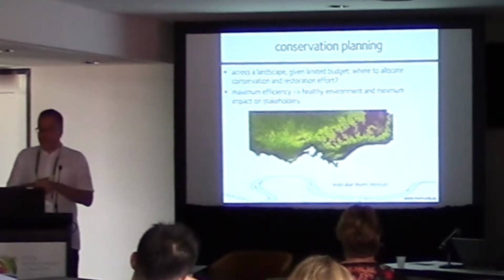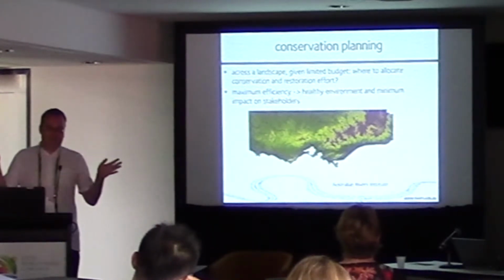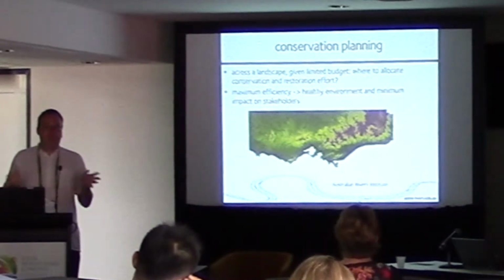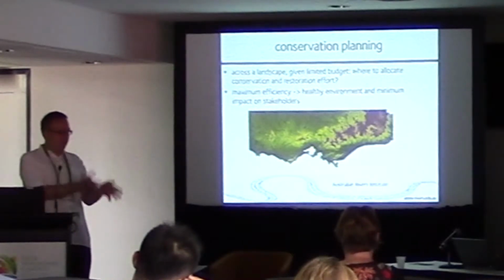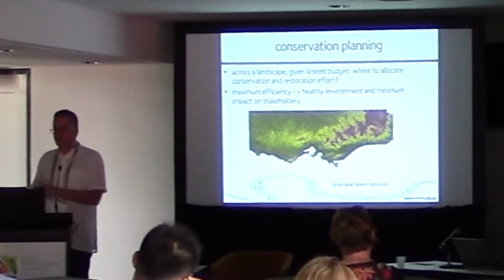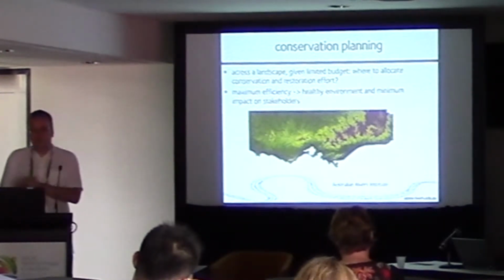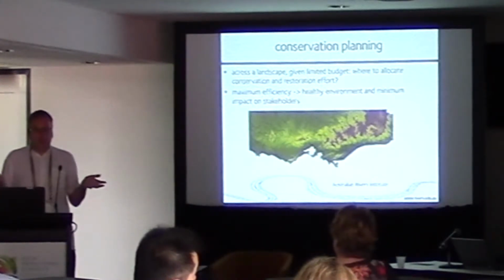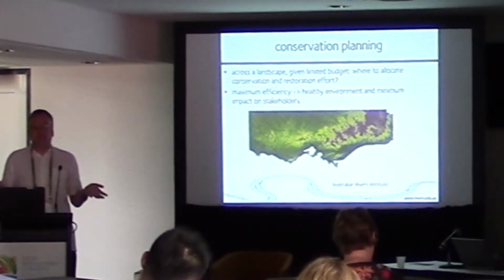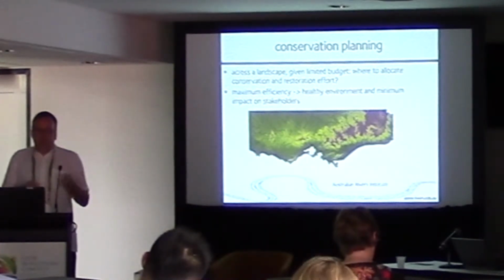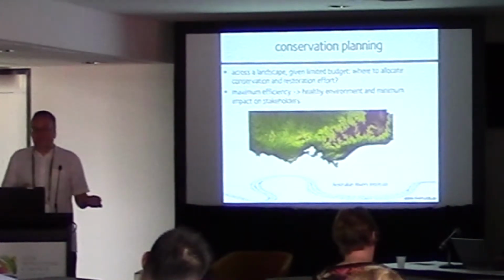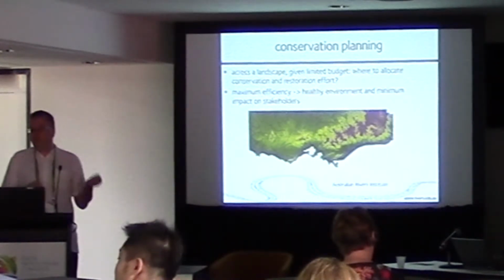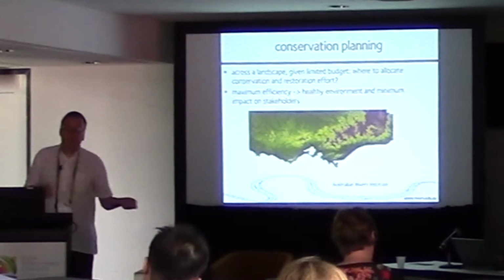What is conservation planning? Just one slide. I also have to talk about past, present, and future, but also really to a very diverse group, from complete freshwater planning nerds to reasonable novices in the field. So, anyway, conservation planning is that across a landscape, given a limited budget, you ask yourself where to allocate conservation and restoration efforts. And one of the key principles is the principle of efficiency. So you really want to do this in the most efficient way.